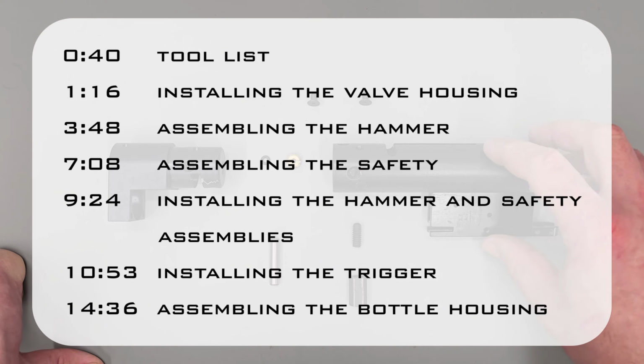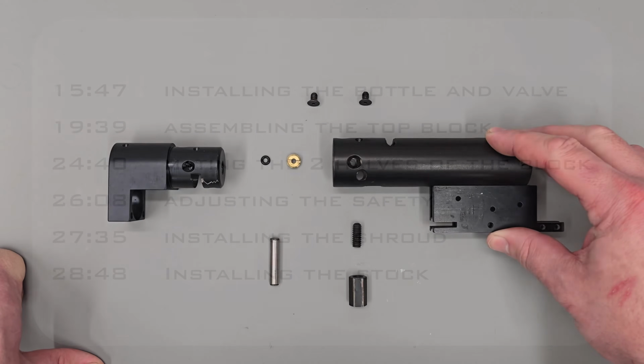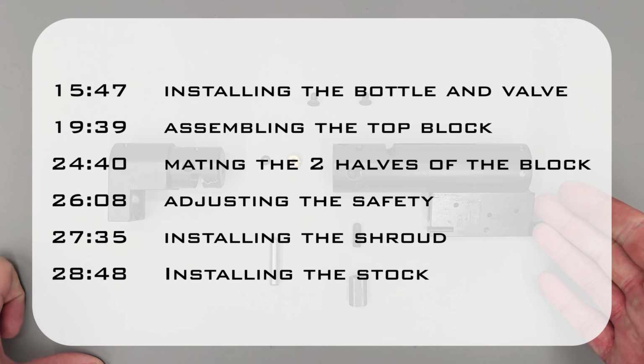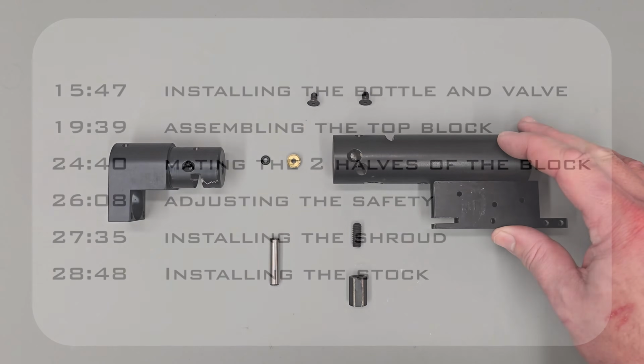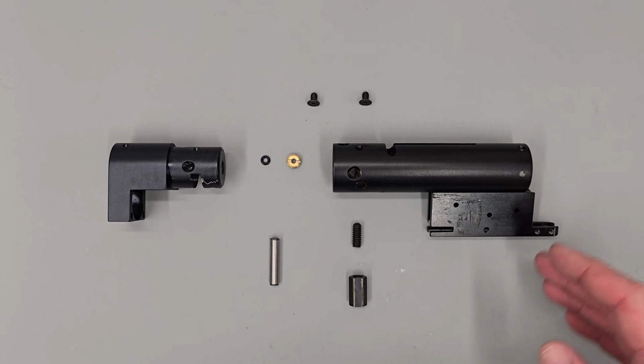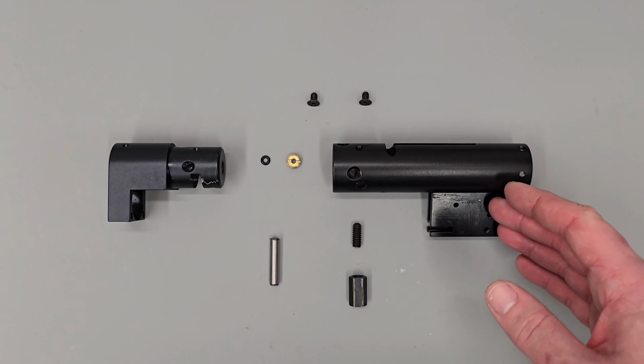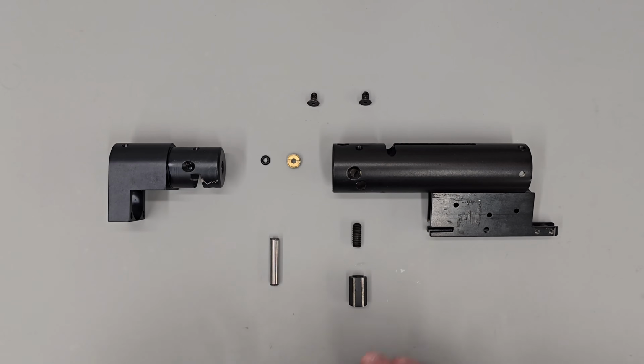In our previous video, we took a fully functioning and complete rifle and broke it down into individual components. In this video, we're going to be taking those individual components and rebuilding them into a complete rifle. As we walk through the process, I will also be giving you some service tips and just some general information